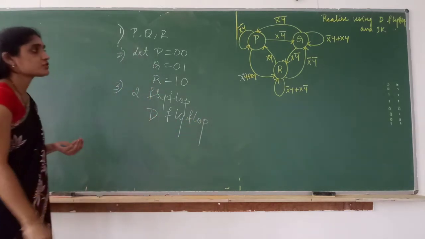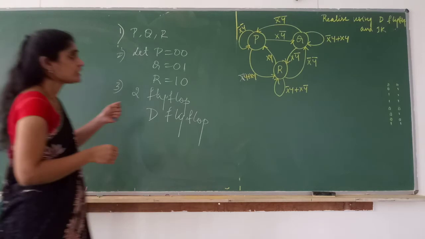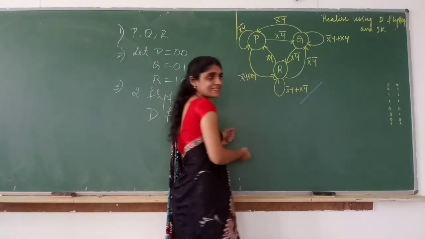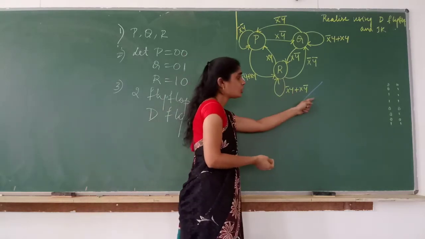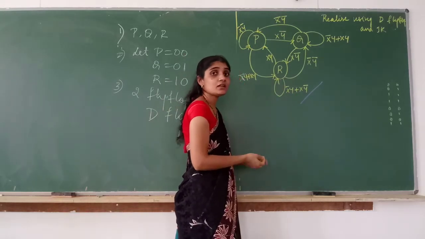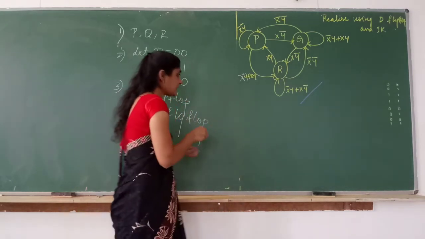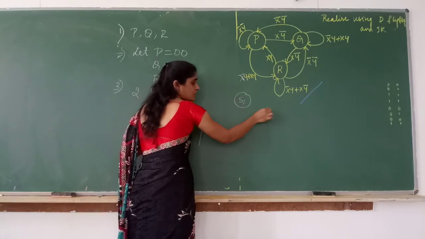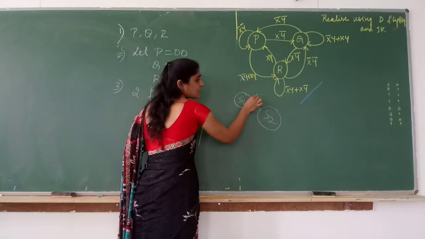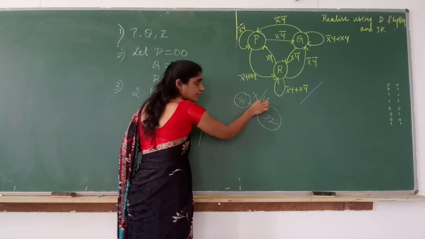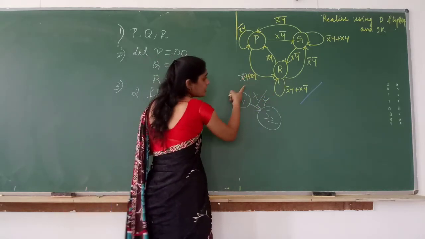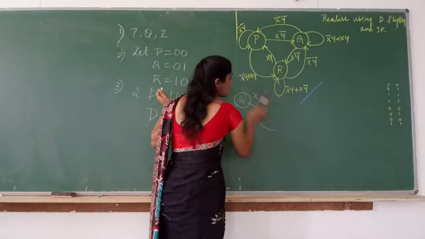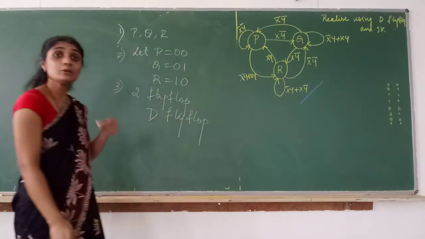Now you have to write the excitation table and just look here at how many input variables there are. They have not written anything by putting slash. Slash they have not put and they have not written anything over here. That means both x and y are input variables. See what is the method of writing the input variable and output variable. For example, if you have started from S1 and there is a transition to S2, x is input, slash whatever you write now, this will be output. But nowhere they have written slash. So both x and y are inputs only. Last problem we had 2 output variables, but here we have 2 input variables.